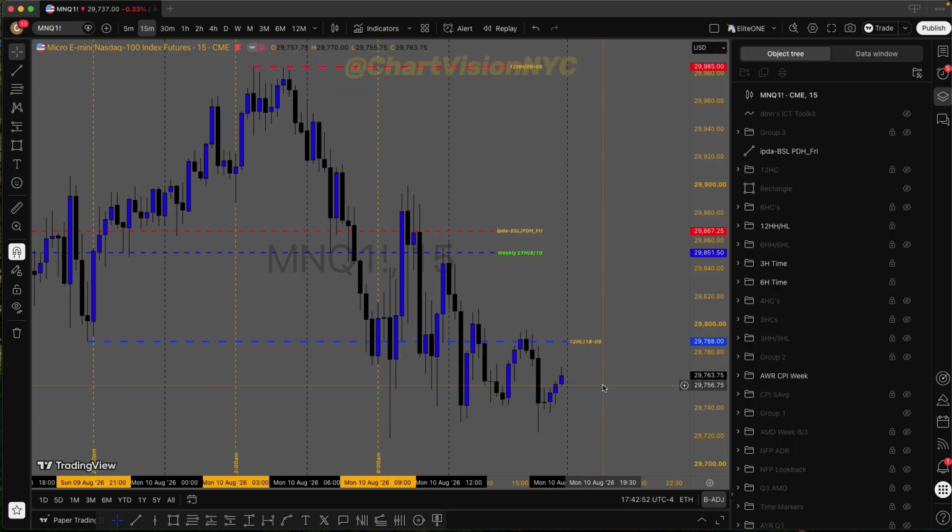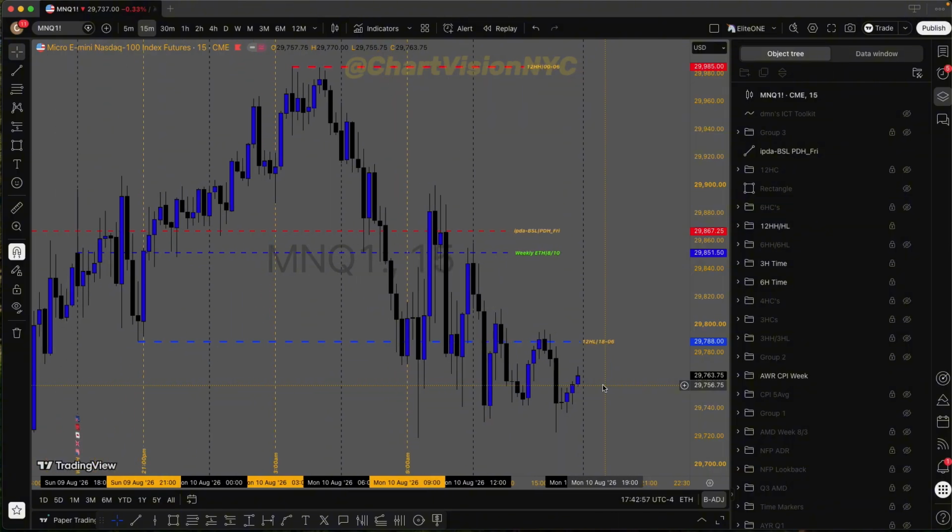We haven't even begun to talk about timing yet, and how you time and anticipate these things, and how you incorporate these draws on liquidity, right? How do you incorporate these DOLs and those particular high time frame candle settlements, the closes for the 12-hour, 6-hour, 3-hour candles? How do you incorporate that with the higher time frame average ranges? Stick around. Keep your heads in the books. Keep studying. The next video will get more into timing, right? We weren't even planning on getting into timing, but we just felt inspired with the price action today,